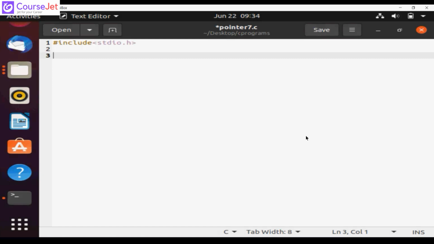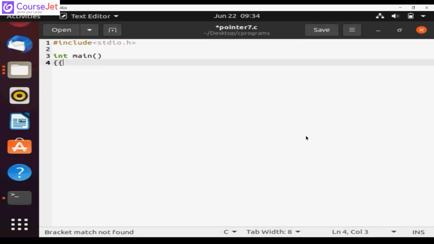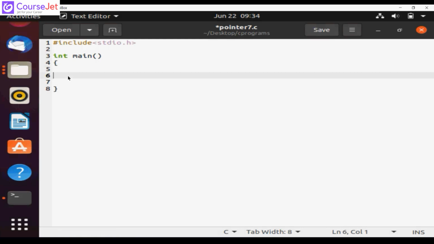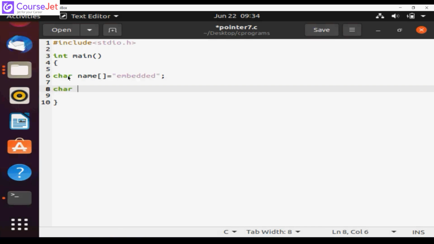Characters in the sense we are giving specifically one variable. If you say string, you will be writing everything in double quotes in arrays also. That we will see now. This we have already done in C programming while doing LCD, but we will do it once again. Now we are using some string. So here my string is something like name, and here we are specifying it. This is an array and we are specifying it like embedded, and we are using one pointer to access this